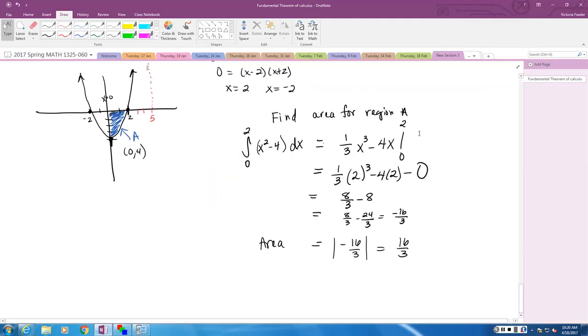Okay. Can I draw what my region B would look like? That's what I'm going to call this. I can continue my graph until these intersect. I have to scroll up a bit. But if I asked you to do region B, is my answer going to be positive or negative? It should be positive. Okay, so I'm going to leave that. We're going to finish this up next time. But the biggest thing to take away from this portion is making sure